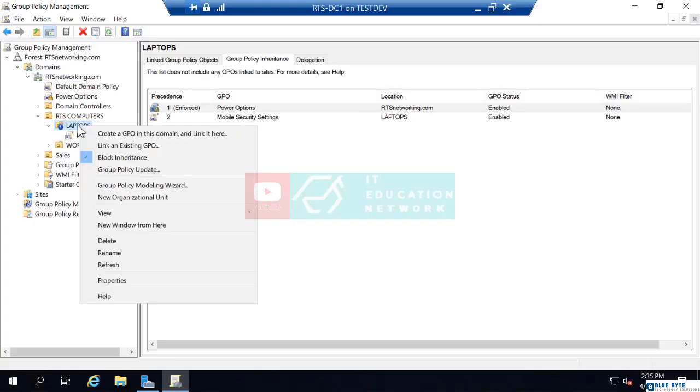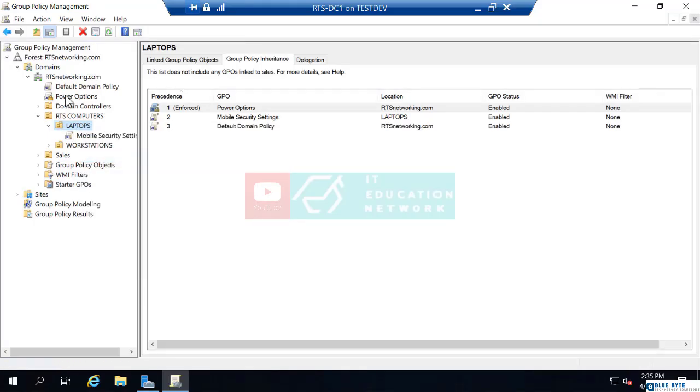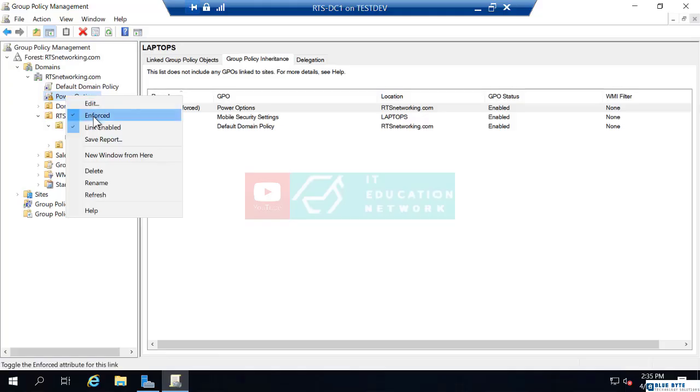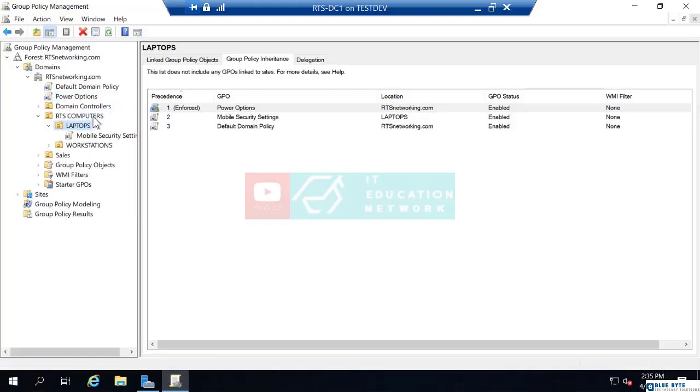But I'm going to undo all of those. So I'm going to turn off my block inheritance and I will unenforce this policy. Now everything is back to the way it started. Pretty fascinating. The last setting we're concerned with, security filtering. Now, as a segue into that,